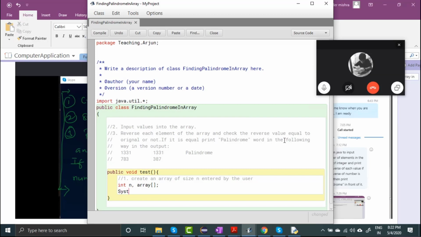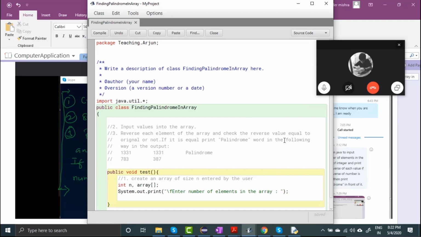Now I am writing a system dot out dot print, backslash n, enter number of elements in the array. So here you have written n.